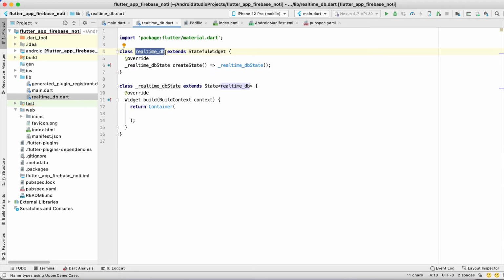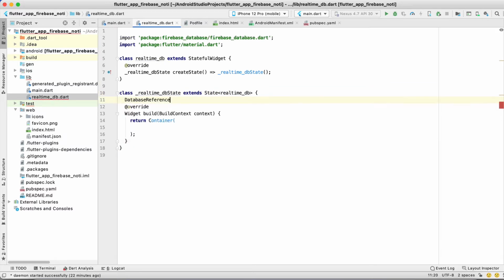inside this class. First we need to initialize the reference of the database, and only then can we access the real-time database. Just make a DatabaseReference and name it as a private value dbRef.